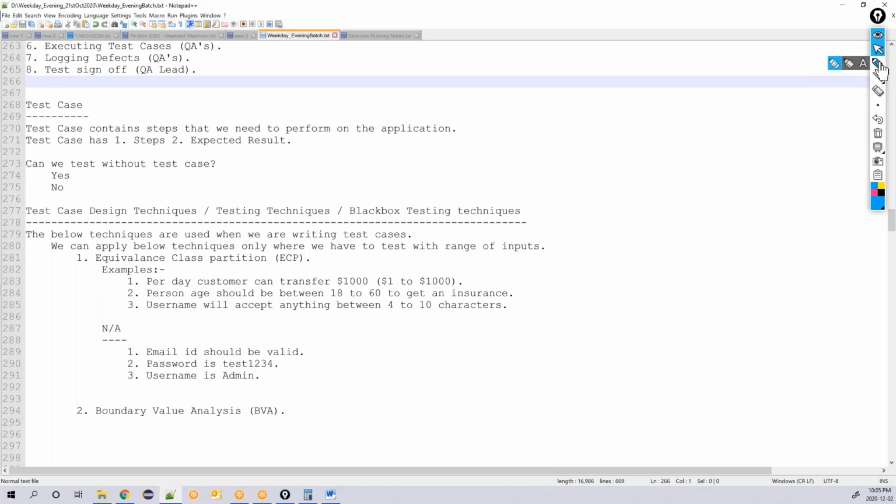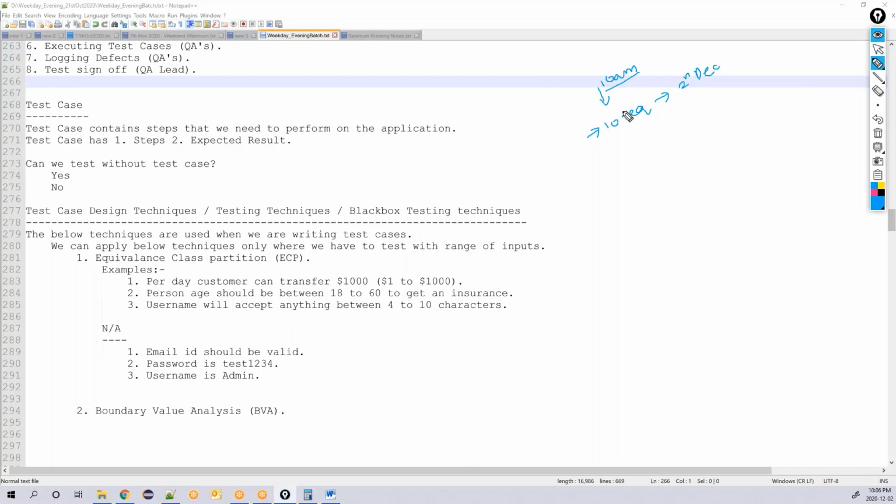Generally, this is what inexperienced people will do. Let's say around 10 requirements are given to you on 2nd December. Your lead comes to you in the morning around 10 a.m. and gives you these 10 requirements and asks you to write test cases.